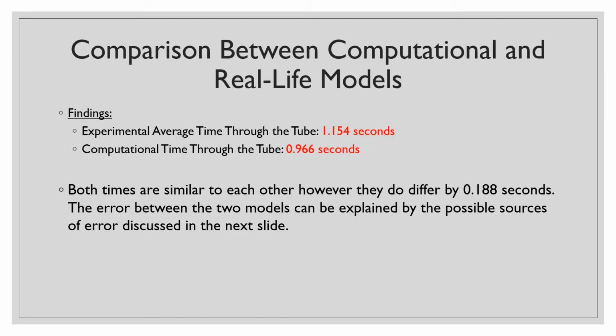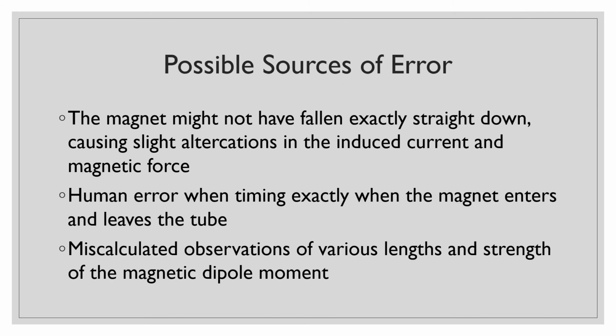The comparison between computational and real-life models, as talked about before: the experimental value was 1.154 seconds and the computational time was 0.966. Both times are very similar, however they do differ by 0.188 seconds, and the error between the two models can be explained by possible sources of error discussed in the next slide, which are that the magnet